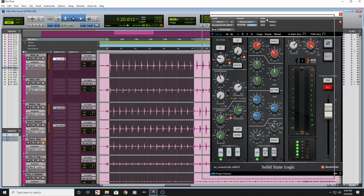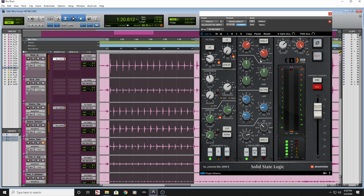Other than that, about this plugin specifically, I know this went way longer than I thought, so I'm really sorry about that, guys. The other thing I love about this particular plugin, the Plugin Alliance one, is this fader, because I know it affects the sound in a pretty minimal way. At least that's what I've noticed. But I can basically get my static mix going with these faders before I touch the automation in Pro Tools. And the advantage of that is